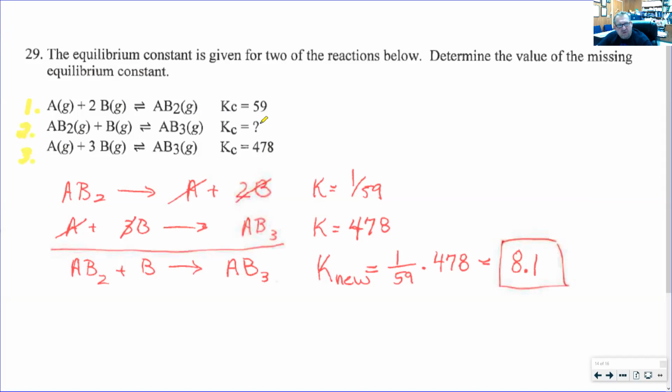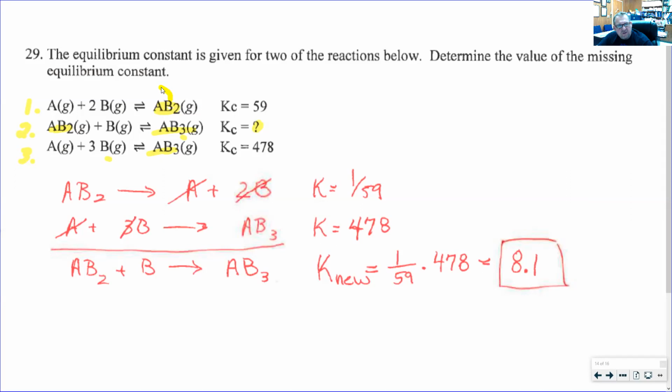This is the one that's the question mark. Okay, so the things that I recognize on this one is that this product is only present in this one. So equilibria 3 is going to be used as written. But I see that I need to do something to cancel some things out. So if I look at the one that I'm looking for, this reactant is only found in one place, and that's on this side. So I'm going to take this one and spin it around.